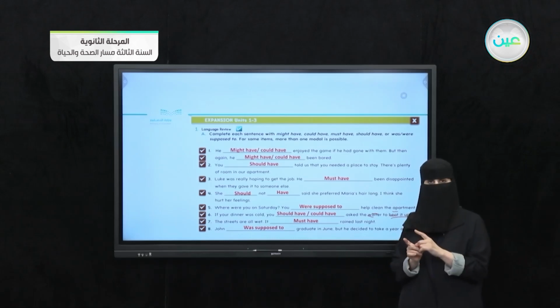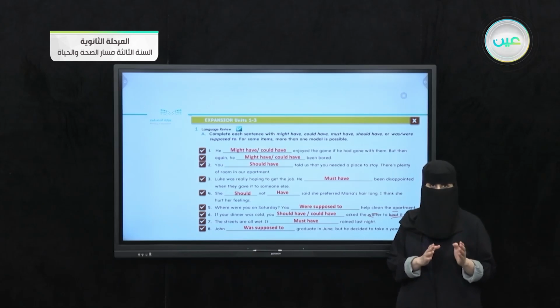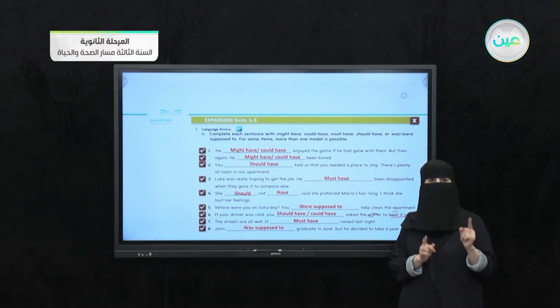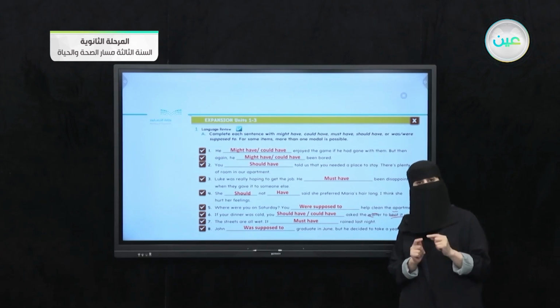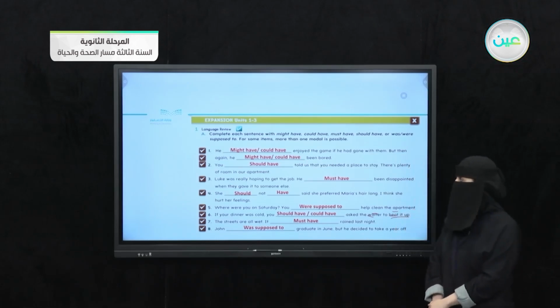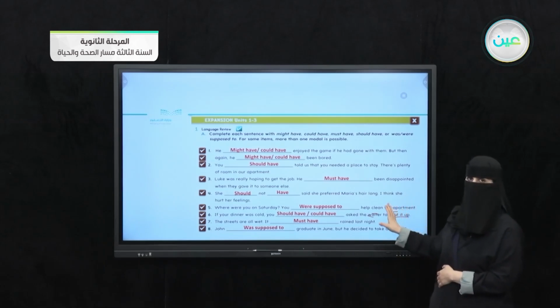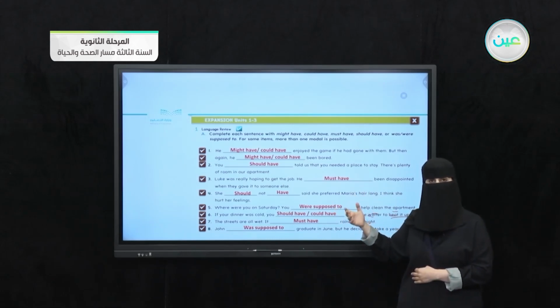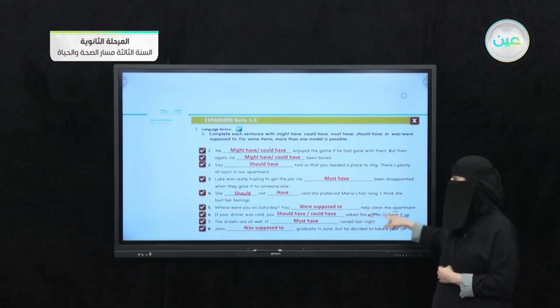Okay, from this question we notice that the structure of past modals is modal plus have plus past participle. And the passive modals are absolutely different from what I mentioned. The structure of it is subject plus modal plus have been plus past participle. Okay, by the end of this question, we can summarize what we discussed, and if you need more review, you can return to your pupil's book on unit 1, page 8. Now we will move on to the next question.